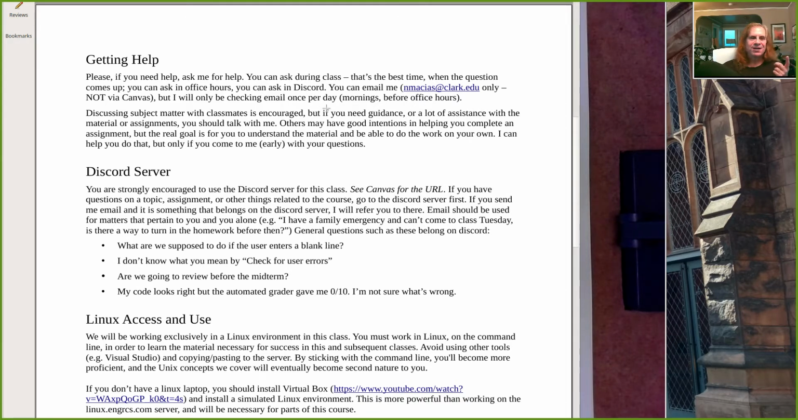Ask questions during class. That's your first option. Come to office hours. That's your second option. Third option, email. I'm only going to respond to emails once a day, and that'll usually be in the morning, right around office hours. So if you write me in the middle of the day, don't expect a response until the following morning or afternoon. Now, a few exceptions for this, right? If you have something urgent, like